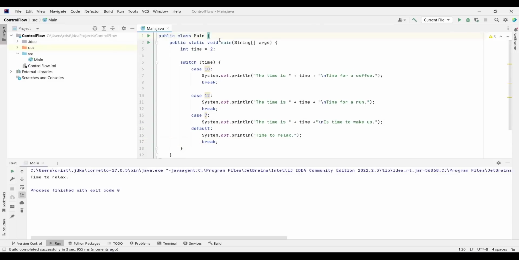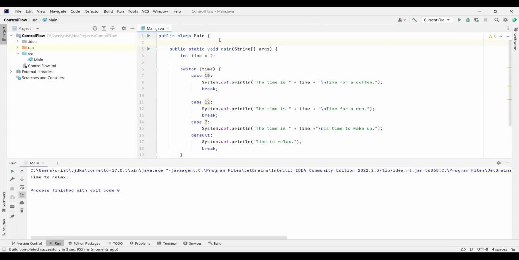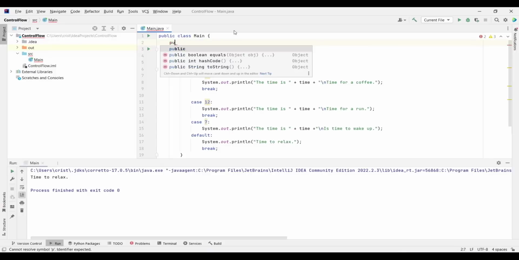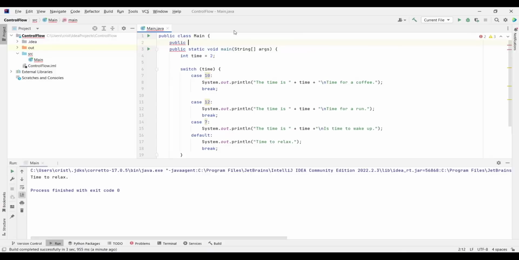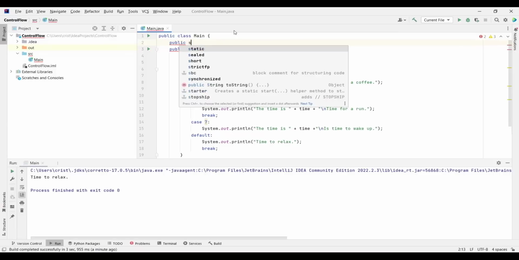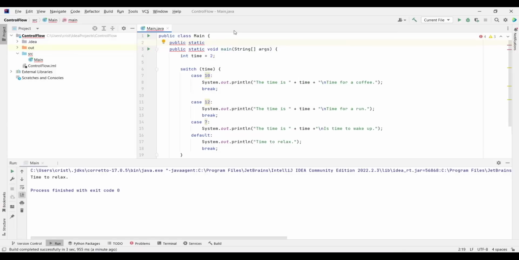So let's make our switch statement more flexible by getting the input from the user instead of literally typing the number here. And to do that, we need to use a scanner. So I will type here private, static. Actually, private is also an access modifier, but we didn't talk about access modifiers. So let's use public, because at least we have talked a little bit about public. So public static, and we will see what static is in a future video.